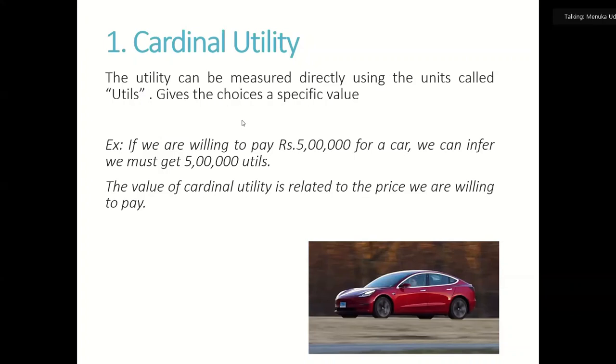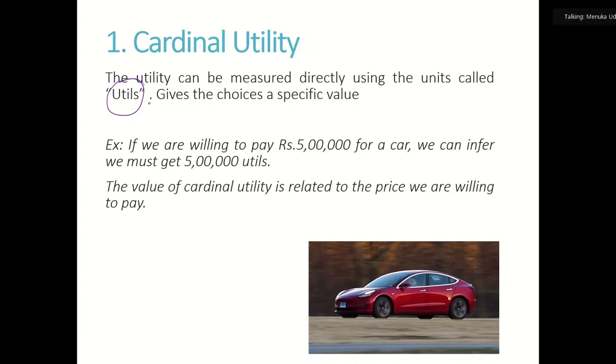Then cardinal utility, what we do is we assign a number called utils. We measure utility using this unit called utils. Now, if you want to measure a distance or weight, we know the standard units we use, right? But for utility, there's no such unit, but we have to quantify this. Therefore, economists have come up with this measure called utils, right? It's subjective, it's relative. Now, for example, this car, let's say,